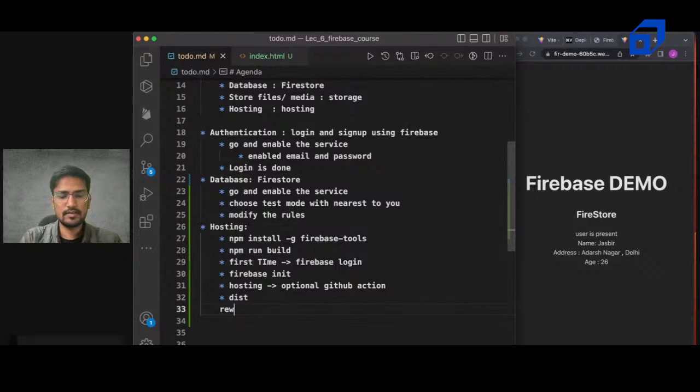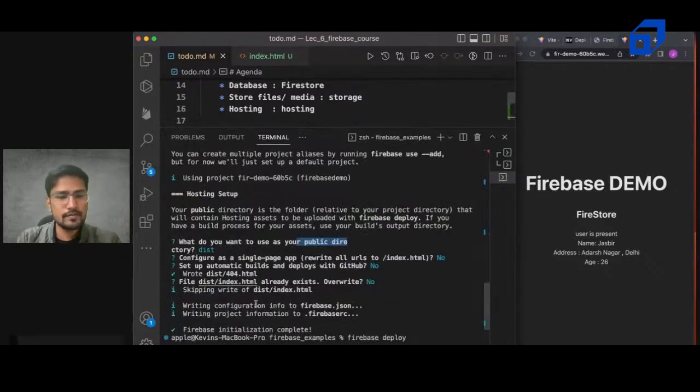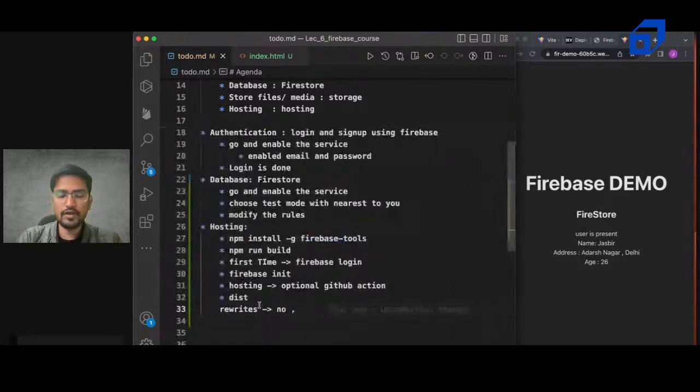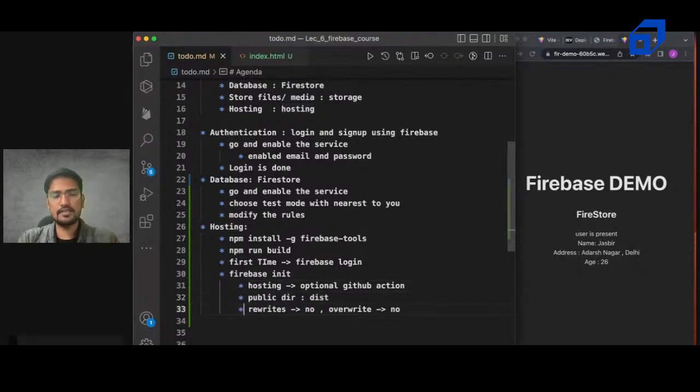And then for any rewrites, say no, and for any overwrites also, the rest will be no, of course. Distribution for the public directory. These are the options that are present inside Firebase. After these options are done, now you can just directly type